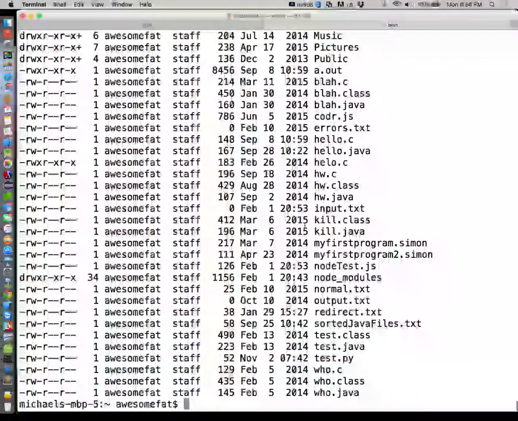I did a directory listing and redirected the output to that file, so now my file is filled up with this list of everything in this directory. But the important thing for us is we now have a file called